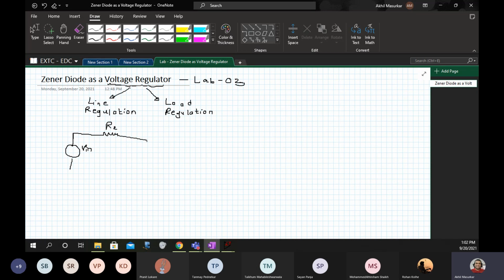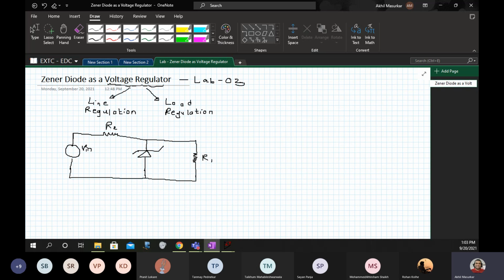As you know, a Zener diode is always operated in reverse bias, so this is the symbol for the Zener. Finally we have a load resistance, which is across the Zener. I'll call this R1, this is R2, and this is my Zener diode.